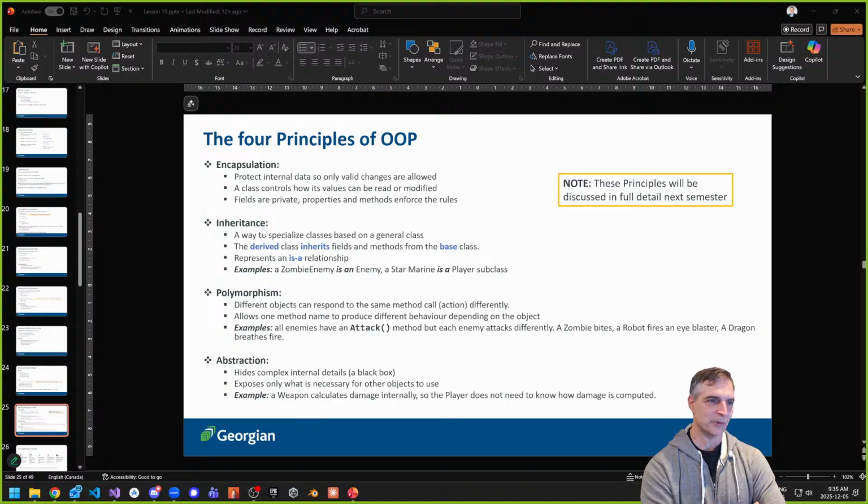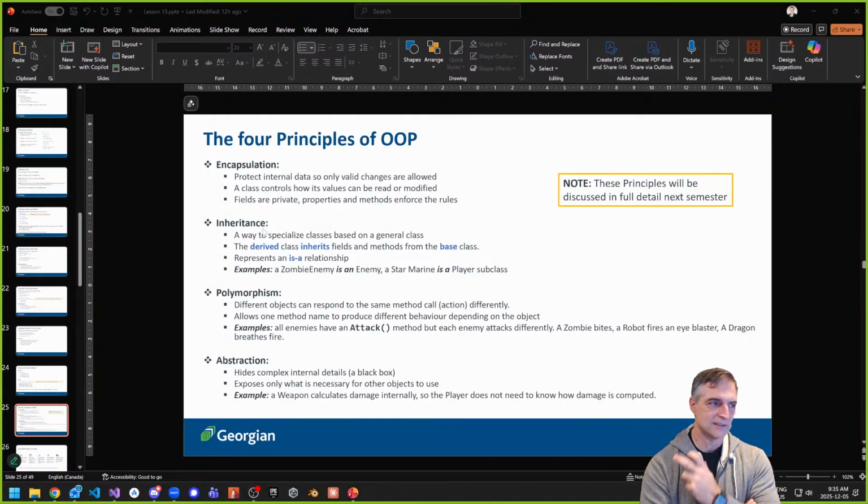So the first principle of OOP is encapsulation, which means we want to protect internal data. What we want to do is have private instance members and public properties. That's the way we're going to do it. We want to validate the data that goes into our forms. We talked about validation earlier this semester, which is that if it wasn't only for that pesky user, then everything would be perfect, right? Because the user is always going to try and do things that you don't expect. So encapsulation allows us to do some validation right when we read or write to our data members. And that's why it's important. Inheritance is what we talked about before.